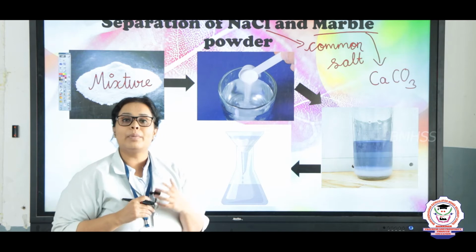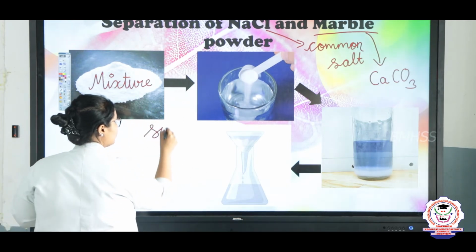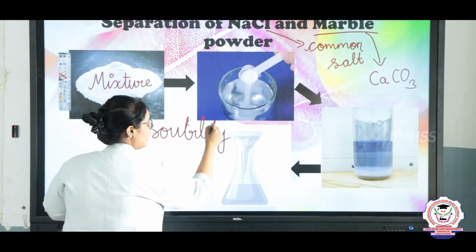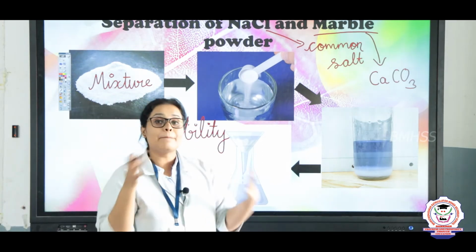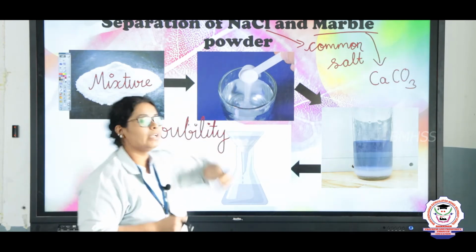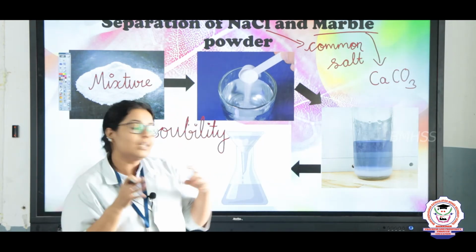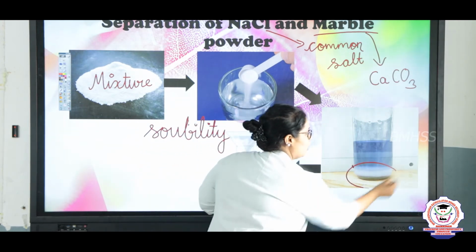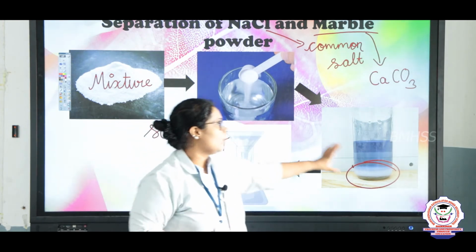Here we are using the property of solubility. What property we are using? We are using solubility. So according to the solubility, we are going to check how to differentiate and how to separate them, okay? So here we are taking the salt, one sip, and we are putting into the water, and in the water you can see that the salt will get dissolved, but the calcium carbonate will not get dissolved, and later on you will see that this below, this white color particle is calcium carbonate. So now you got this separately.